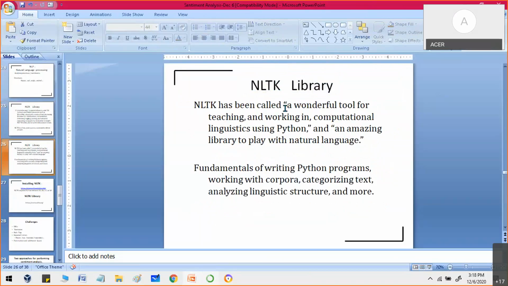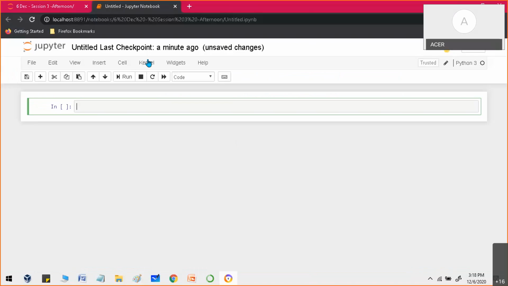And it is a wonderful tool for teaching and working in computational linguistics using Python, an amazing library to play with natural language. Now, without any delay, let's start with this practical part. So, initially, I would like to tell you about this library. As I've told you earlier also, what we will do is simply